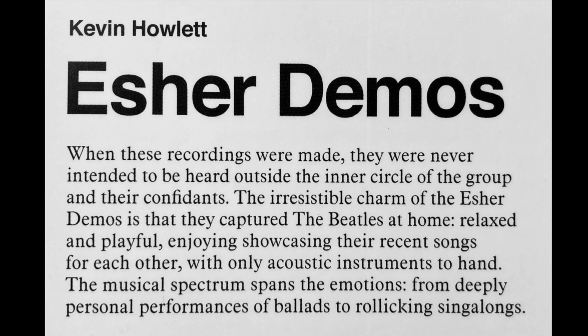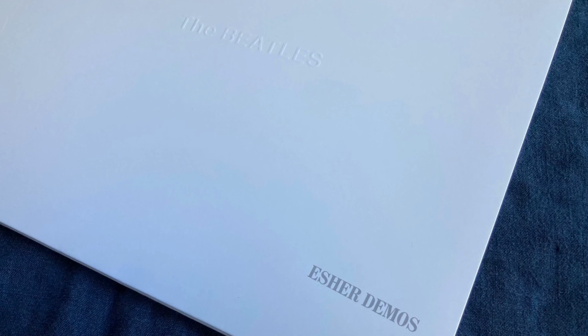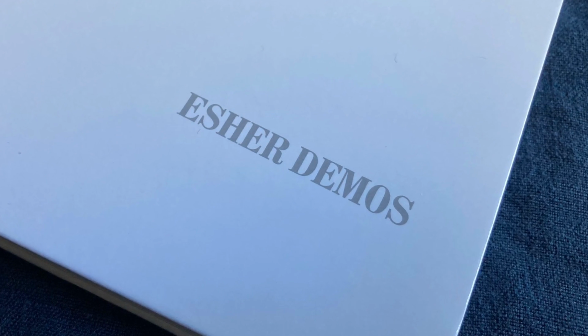The musical spectrum spans the emotions from deeply personal performances of ballads to rollicking sing-alongs. These demo LPs are presented similar to the original album. The plain white gatefold record sleeve with embossed title is repeated. The bottom right corner identifies it as being the ESHER Demos, in approximately the same spot as the original album